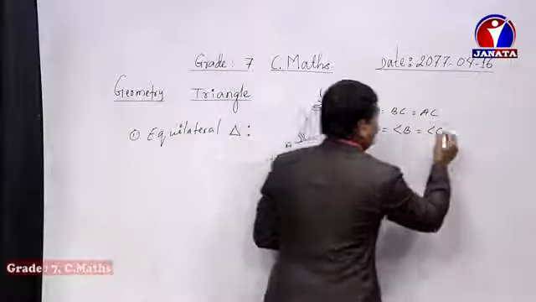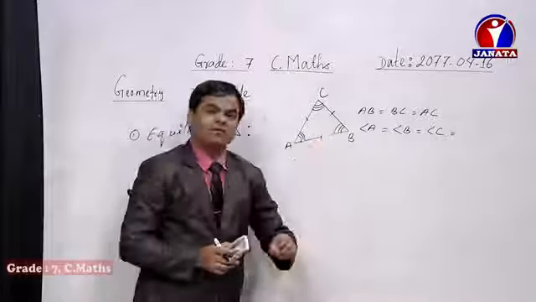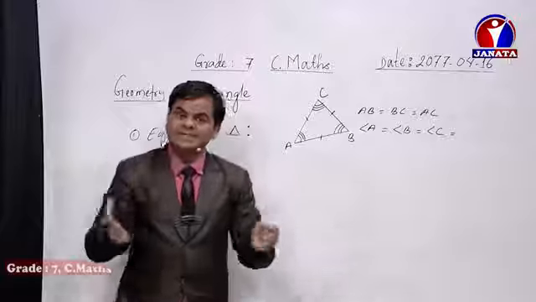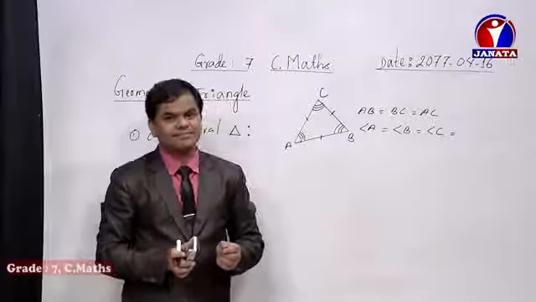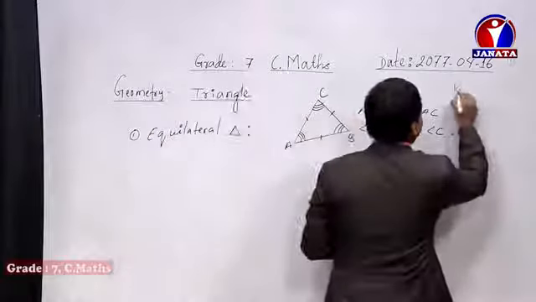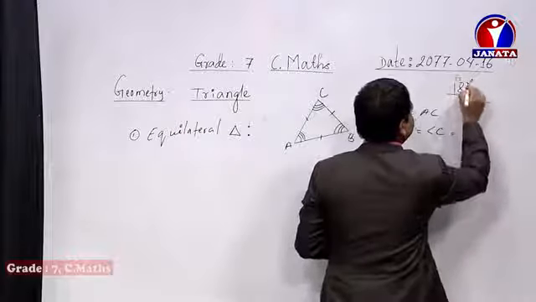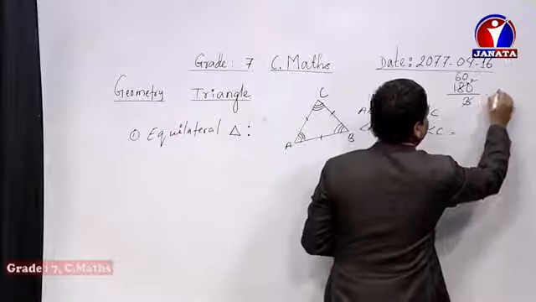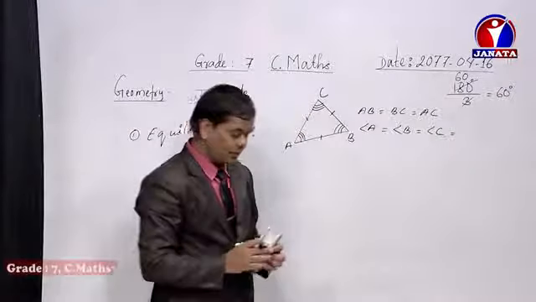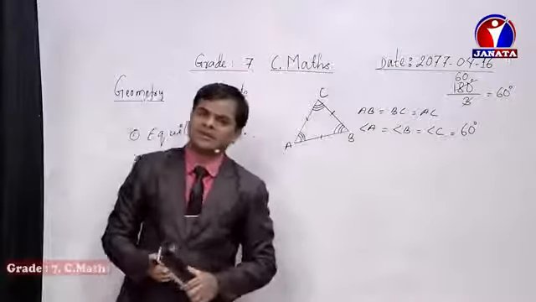And dear student, when the three angles become equal to each other, then the whole 180 degrees contained in a triangle is divided into three equal parts, isn't it? So if 180 degrees is equally divided into three parts, then 3 sixes are 18, so the value comes as 60 degrees. So every angle of an equilateral triangle will be of 60 degrees. So those are the two main properties of an equilateral triangle.